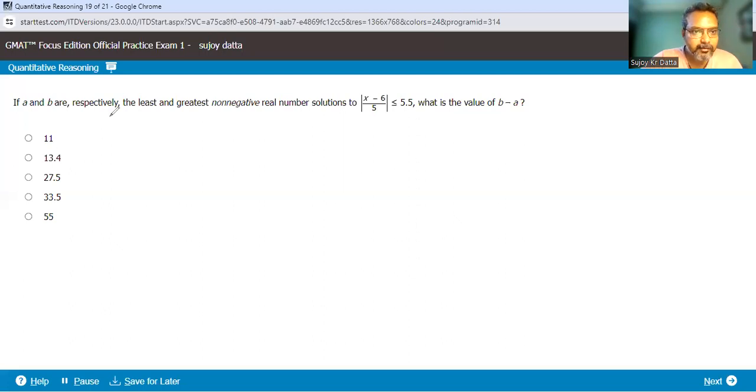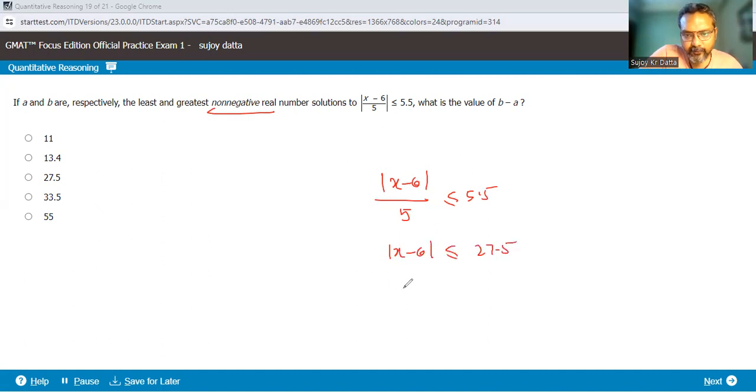If A and B are the least and the greatest non-negative, okay, non-negative means 0 or positive, real number solutions of this, what's the value? Okay. So mod of x minus 6 we keep as it is. A number 5 outside the mod can be taken out and we rewrite it as 5.5. So we'll just cross multiply